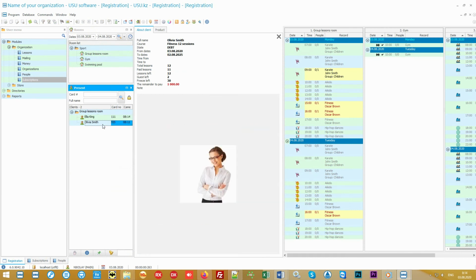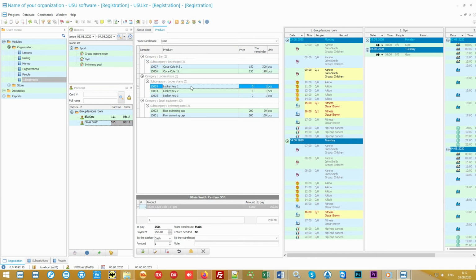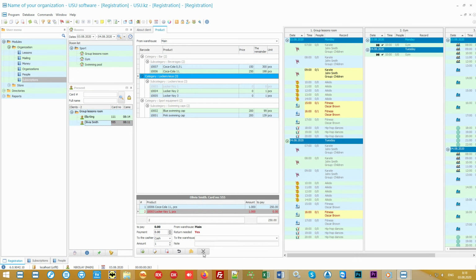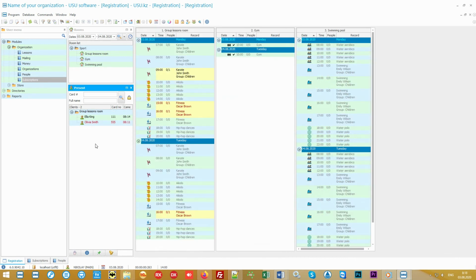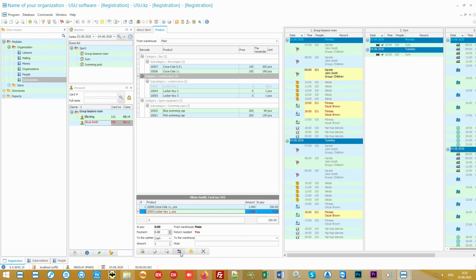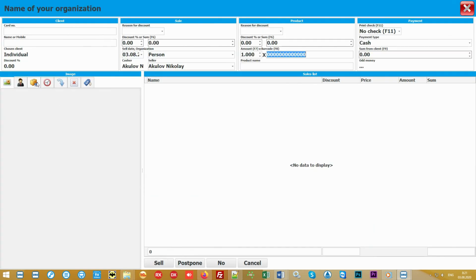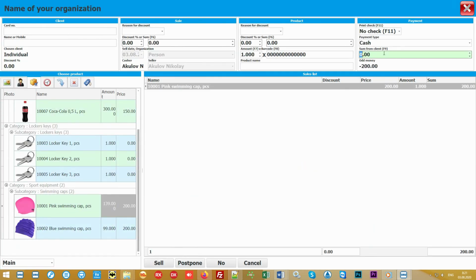Our automation program includes full stock accounting. You can sell or give out any product for free. You can give out something for free that the client will then have to return, for example, the keys to the locker. You can deliver products to a specific customer very quickly, simply by going to the Product tab. Now, until the client returns what was transferred to them, they will be highlighted in red. The return itself is marked in the program with one click. The product can also be sold in the store mode, if available at your center.